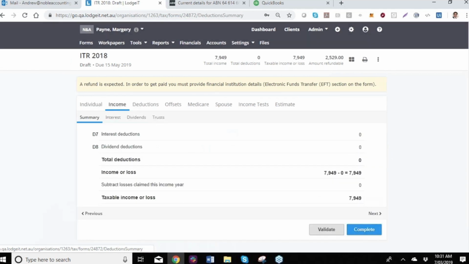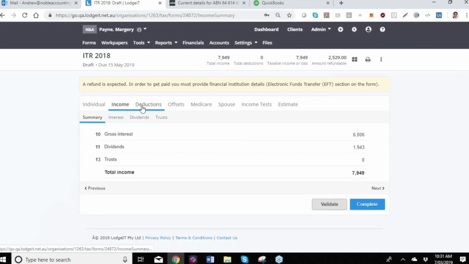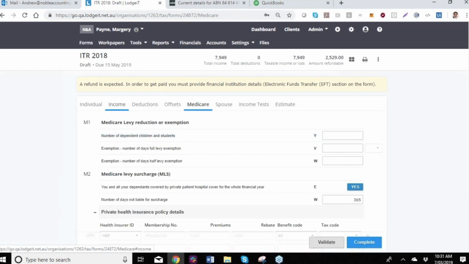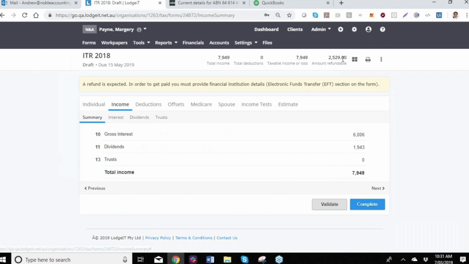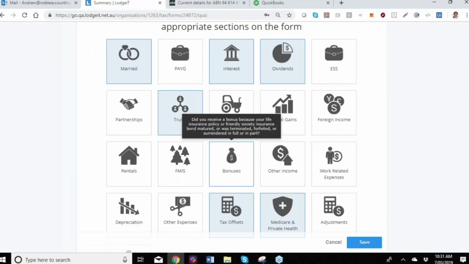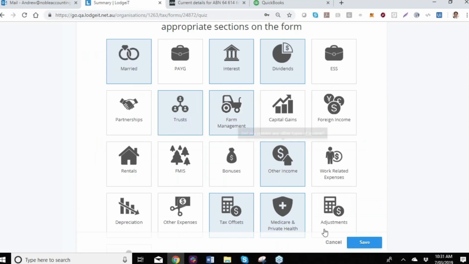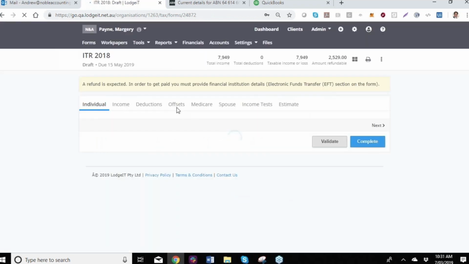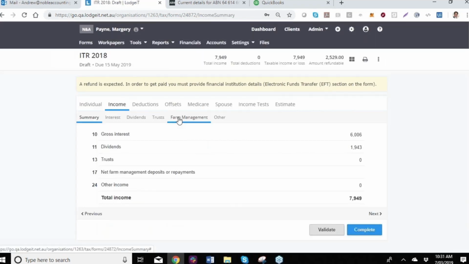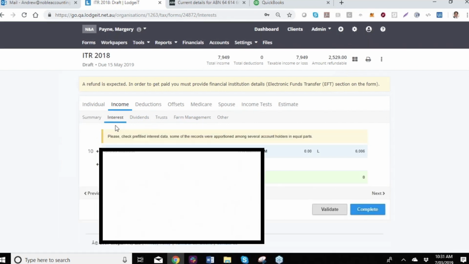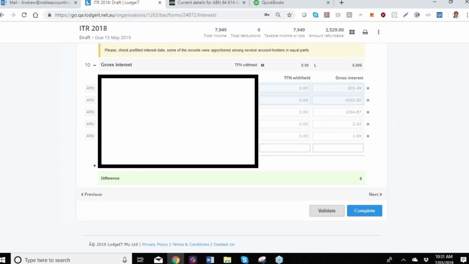So you can see we've got summary sections off of the major sections. And you can see we've got interest, dividends, trust income. But let's just say that we had some other income here as well. Maybe we had other income, and perhaps we had some farm management income. So now if we go in, we'll see that we've got those additional income sections, and we can fill those manually. The goal is here, you could see the section is actually auto-filled from the ATO system,